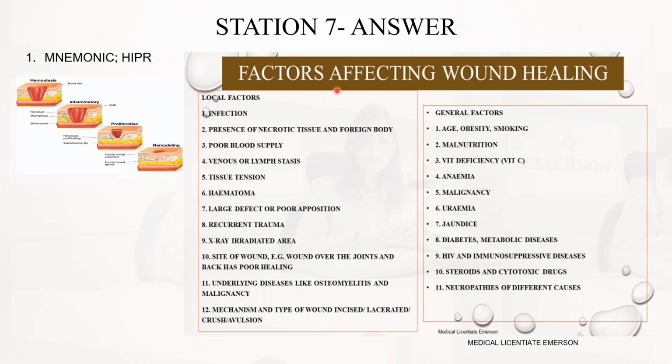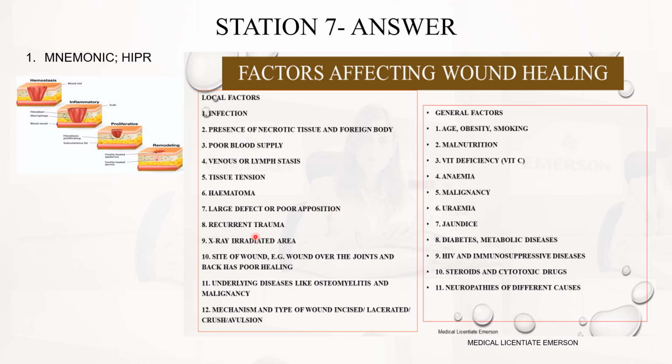Okay, then for the factors that affect wound healing, they said local factors and general factors. So local factors, we talk about near the site. So if there is infection at the site, then of course someone is going to have poor wound healing. Then we have the presence of necrotic tissue and foreign body, poor blood supply, venous or lymph stasis, tissue tension, hematoma, large defect